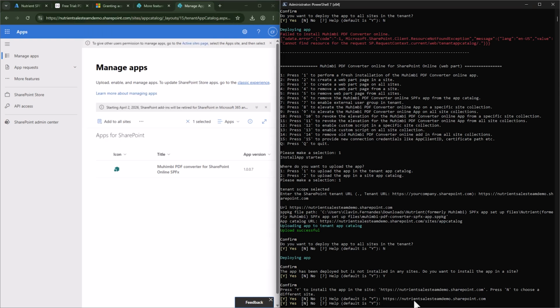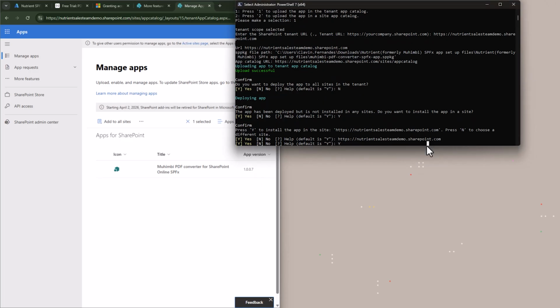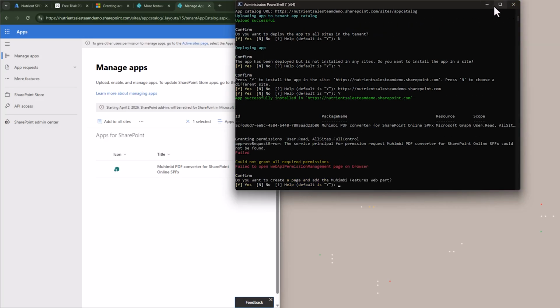But here I again messed up. You need to first say that yes, I want to deploy it to a specific site. Let me adjust the PowerShell prompt and say yes and hit enter. So here, my friends, it tells me that the app has been installed, but it could not give the permissions